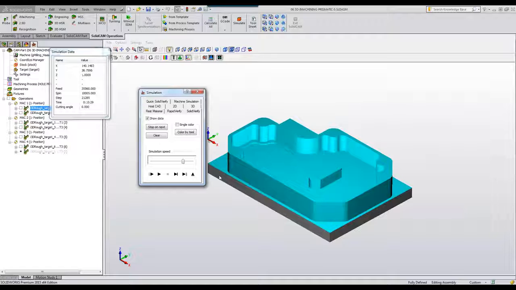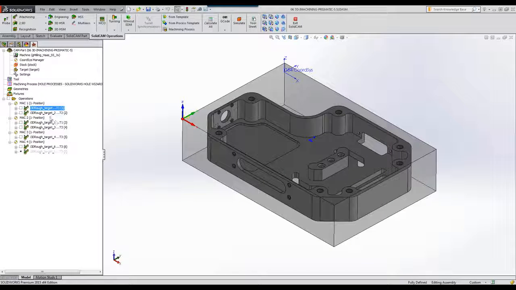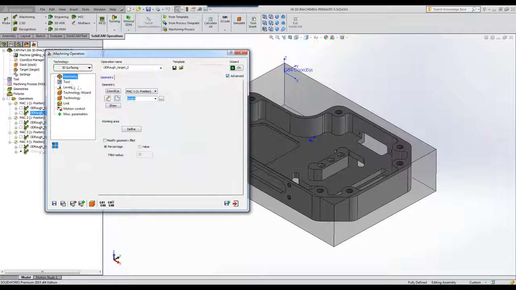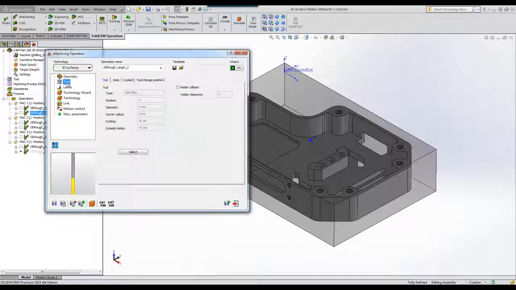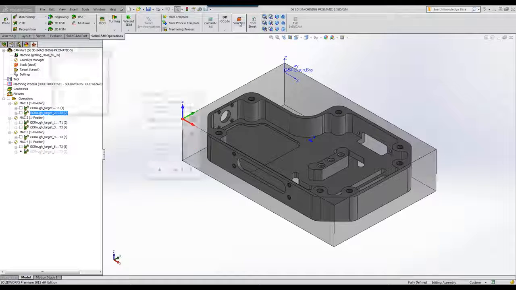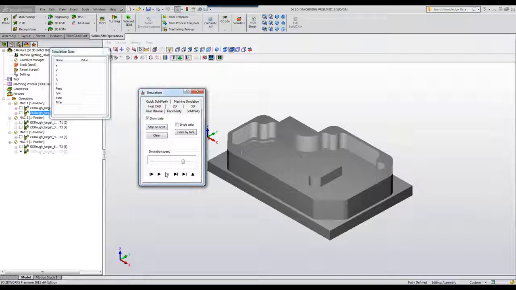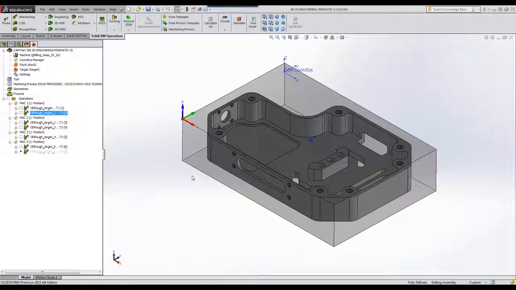Now, my next operation, which was the rest machining, is basically the same as my iMachining, my previous operation, just with a smaller end mill. Running the simulation with that tool, what we'll see is very simple. It'll only work in the corners where the previous tool could not work. Now, in my next operation,